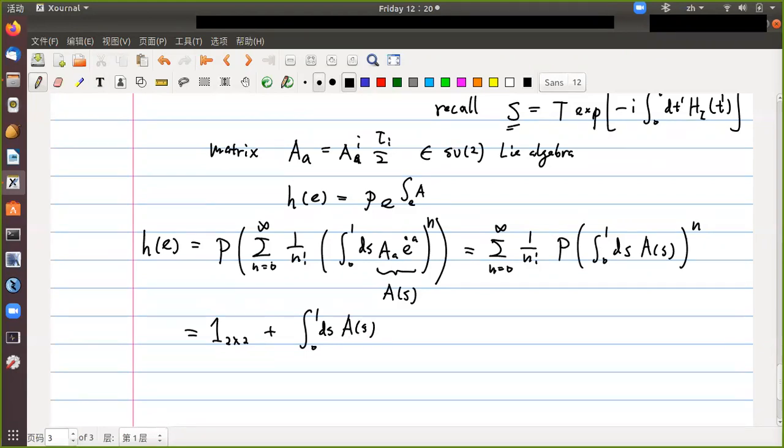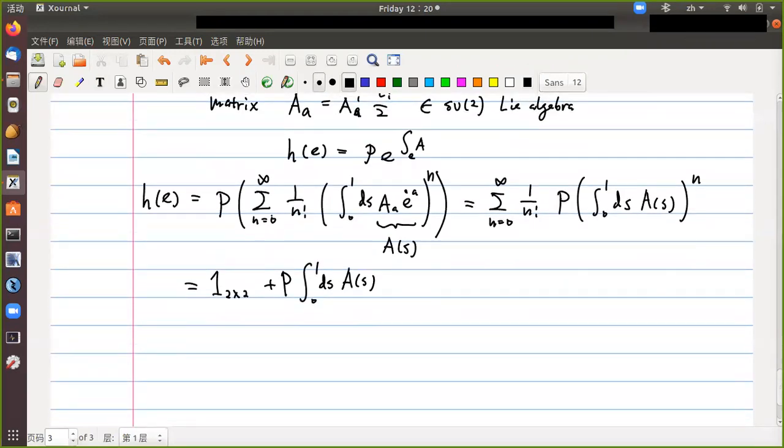Well, linear order is involved. You can view this as P acting on this, but it is just a simple integral, so there's no ordering. This is just a single matrix integrated, and P acting on a single matrix gives the same matrix, because P involves the non-commutativity of the matrices. You have only a single matrix, P acts on it, it's nothing. There's no non-commutativity involved in this term. Well, it involves non-commutativity